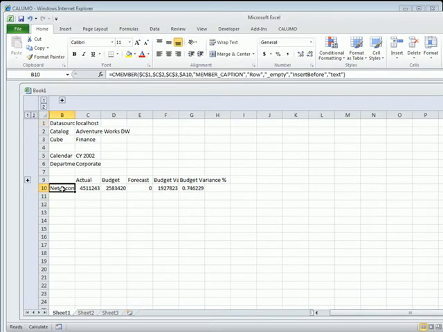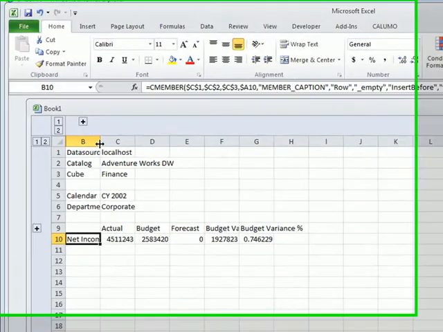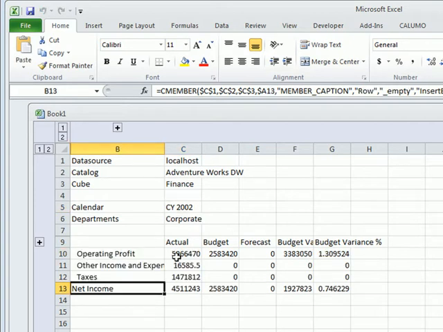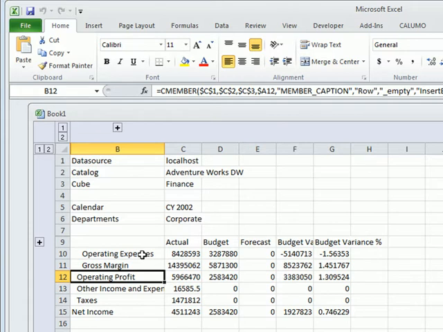As you can see, my net income from the profit and loss is the row. I have identified that the data source is the server, the localhost. My database is AdventureWorks. The cube is Finance. The calendar is set to calendar year 2002, and the department is Corporate, which is the total. I can still double click on net income and navigate in my data. I can double click on operating profit,